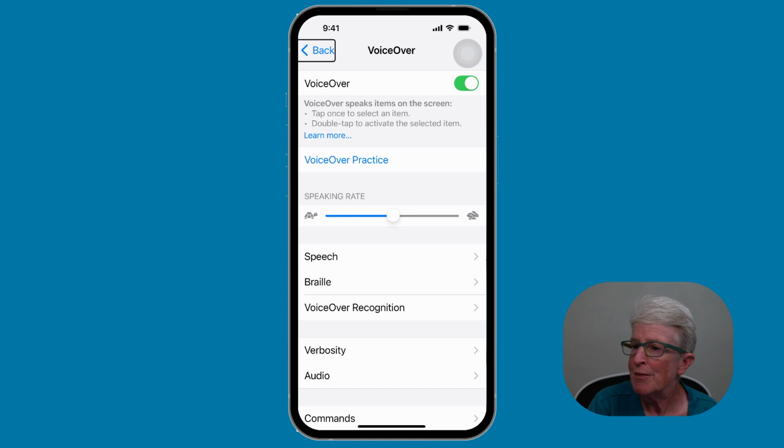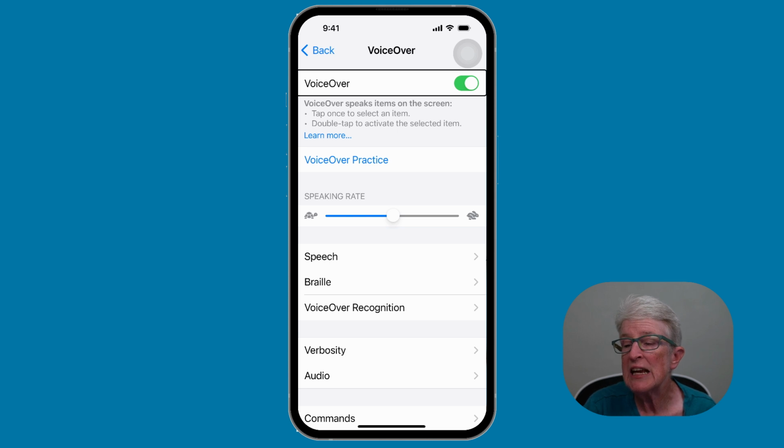Tap once to select an item. Double tap to activate the selected item. VoiceOver speaks items on the screen. It's taking me a little bit of time to get used to it. But now I can stop that by tapping anywhere on the page. So I'll practice and tap on VoiceOver. And now that VoiceOver is selected, if I wanted to read the page from that area down,